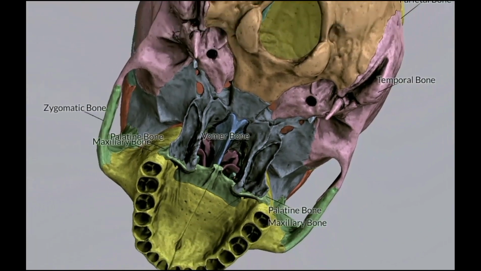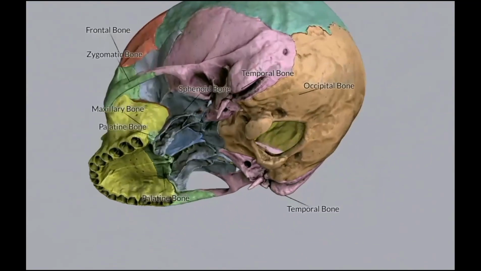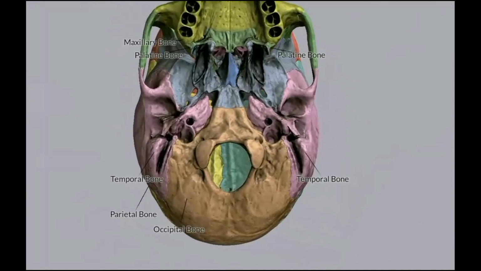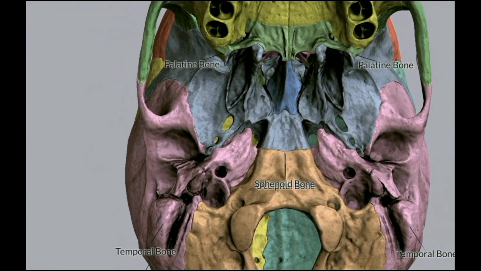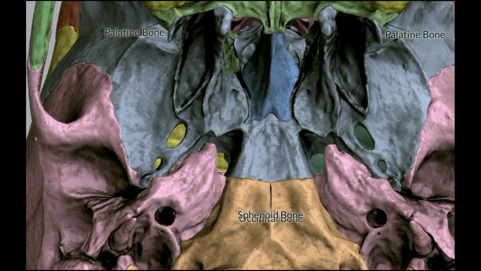So as we have discussed, the middle part is divided into median and paramedian parts. In the median part, what did you see? Vomer. I am telling you now in the basal view. It is not the anatomical view. This is a basal view. You can see as it goes above, but here it is below. So remember, in anatomical position we are describing here.